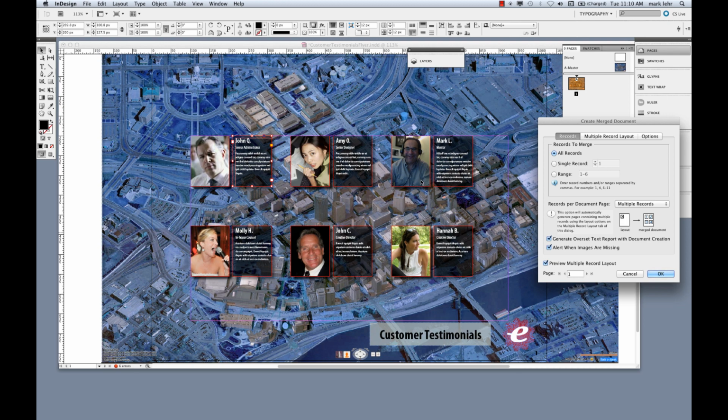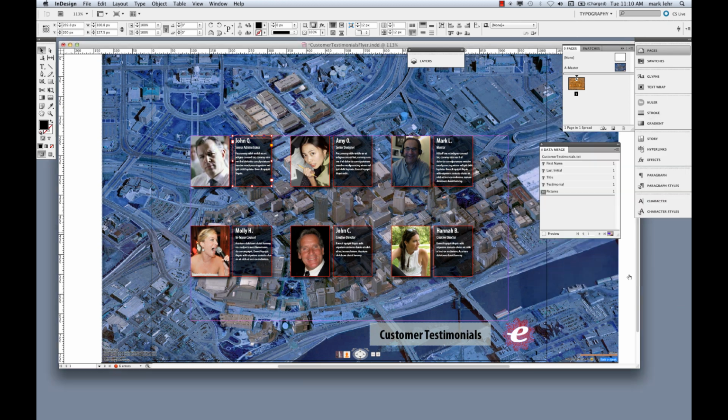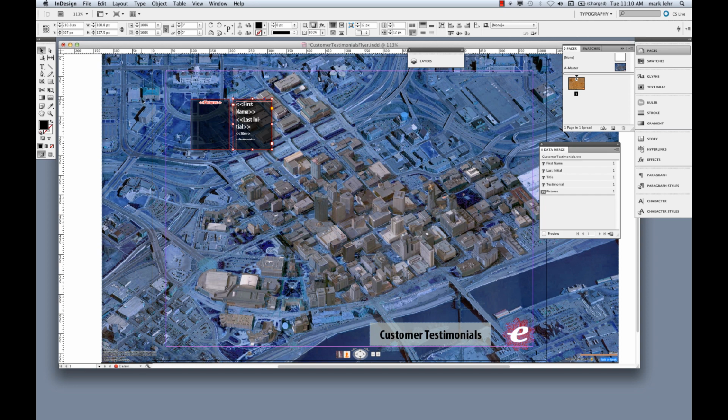So basically we really only had to go back into Excel, put in the new data, make sure we had the correct name of the photo back in the same folder we were pulling from, and bingo, it's automatically in here so we could print this out. I want you to understand this is pretty complicated. You basically are going to have that data source document you're building in Excel, and you're going to build your document in InDesign with one placeholder at the beginning. So if I cancel this, remember we'll have one placeholder here,